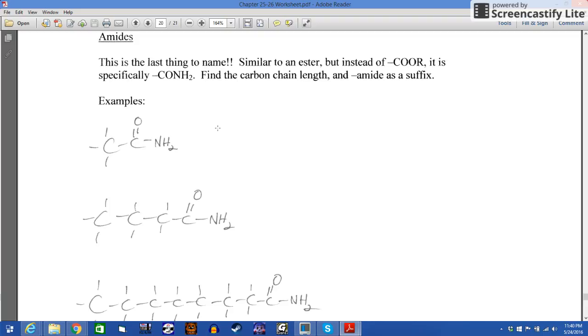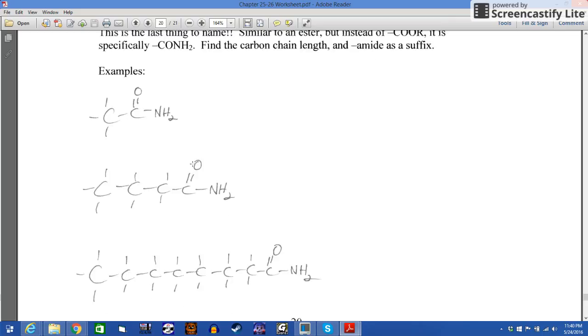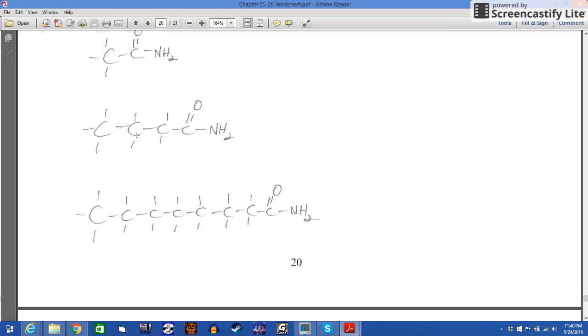ETHANAMIDE. Okay, so ethanamide. And similarly, I'd like you with your smush pair to do these two right now. Pause. And we're back. You've got butanamide here,